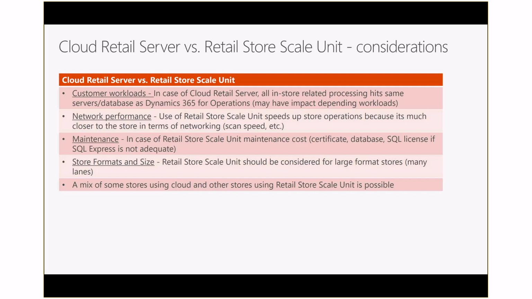Another one I mentioned already earlier is the network performance. Slow-speed networks or high latency, bandwidth, all these things can, of course, hamper the user experience and decrease the speed of the application if every call needs to go back to the cloud. So that's another reason for some to decide that a store scale unit that is located closer is important to them. Of course, on the other side,